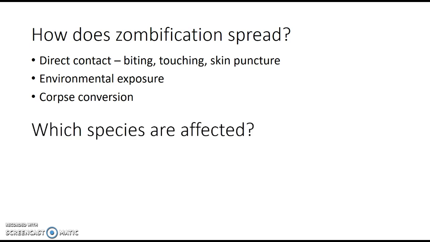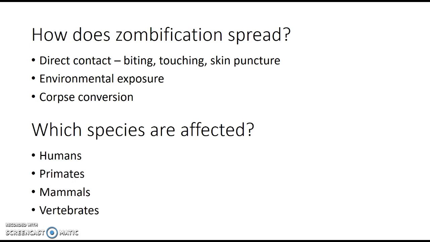Another thing I would be really interested in straight away is which species are affected. And I've given a hierarchy here. Humans only is often represented, but there are lots of things which affect humans which would also affect primates, or might also affect mammals, or might affect all vertebrates, or we could even go broader than that.